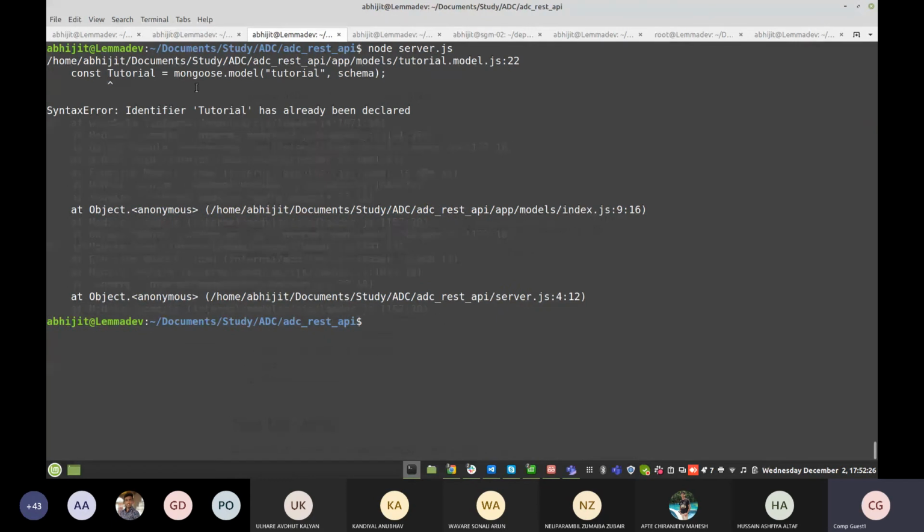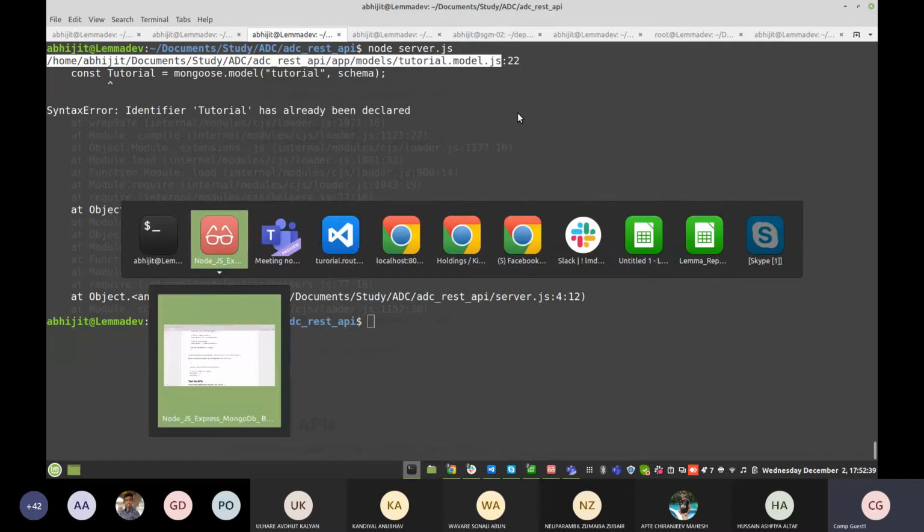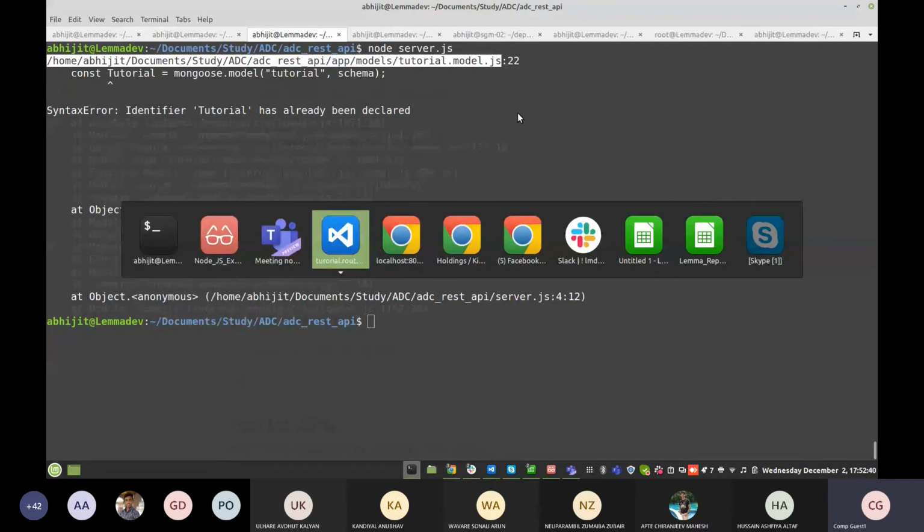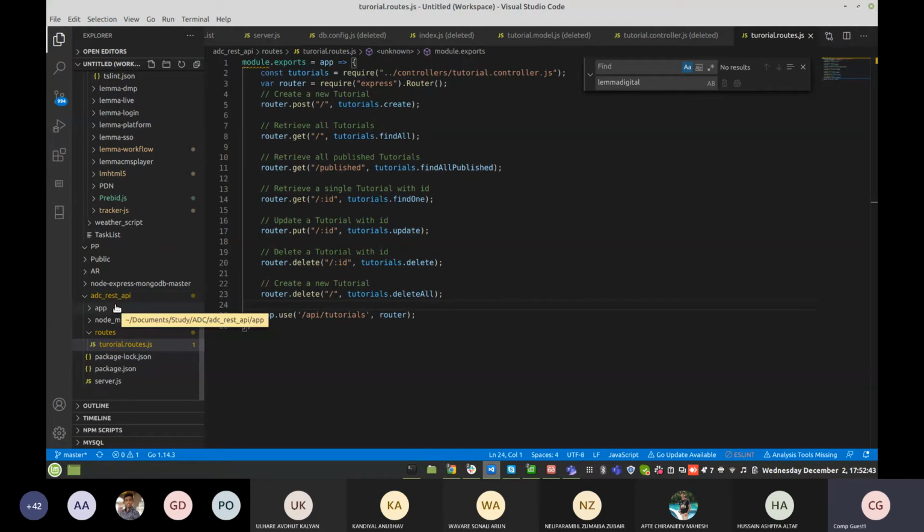Okay, tutorial is already declared. Okay, so in tutorial model 22, you also need debugging skills. Whenever you get errors, you can also investigate the issues inside your code. So let's consider.